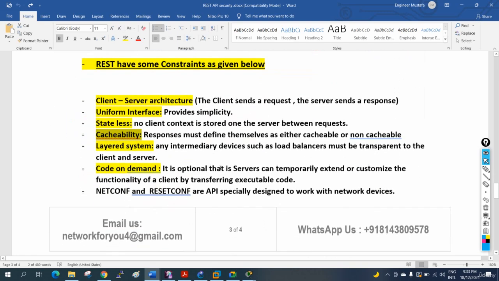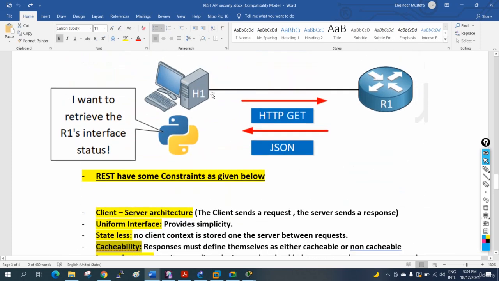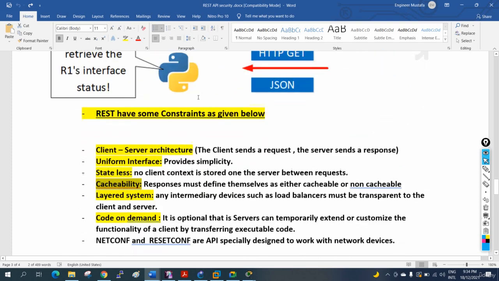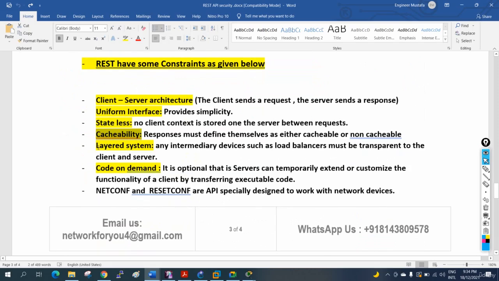So the server has the responsibility. It can define itself. It can say that the client can cache this information, because this information is not going to change, so you can store it. And then the layered system. Layered system means